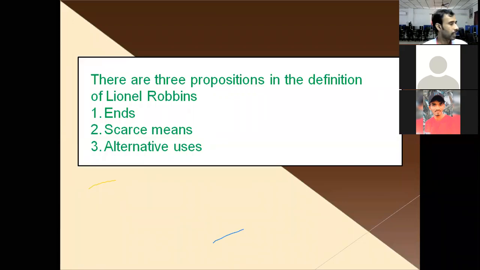According to Lionel Robbins, economics is nothing but spending your shortage of resources in order to fulfill your unlimited needs. Balancing your shortage of resources with your desires in an effective manner is called economics, according to Lionel Robbins. This definition was widely accepted, even though there is some criticism of it.